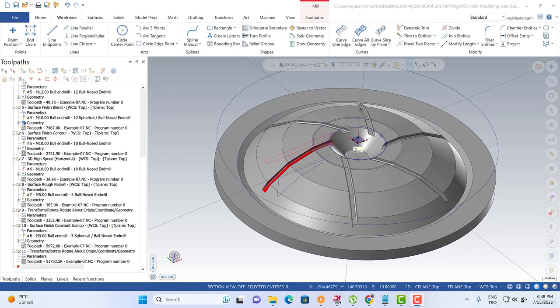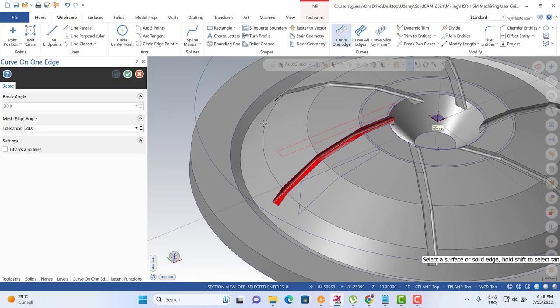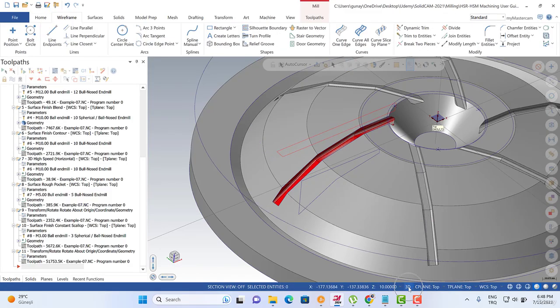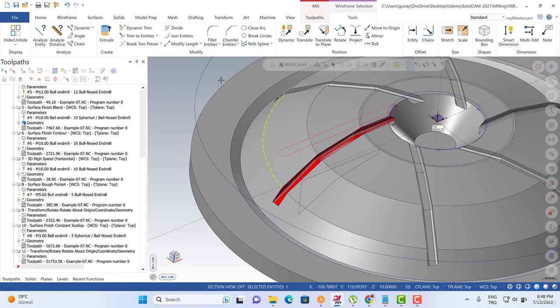Hello again, welcome back. As you remember, we are creating our toolpath like this, with the little challenge and other stuff. After that, let me focus here. As you remember, we can also close that part. So let me turn back to the 3D and curve on the edge options. We can create here, and here. And after that we can select that one